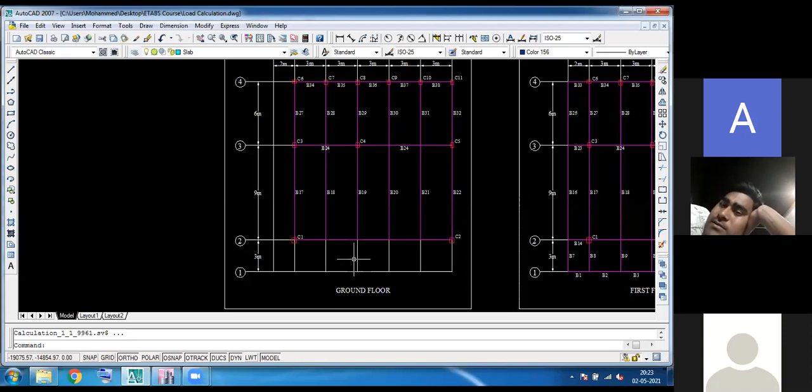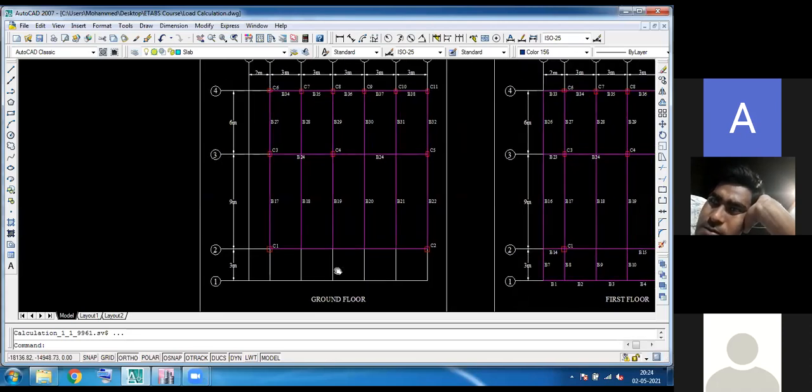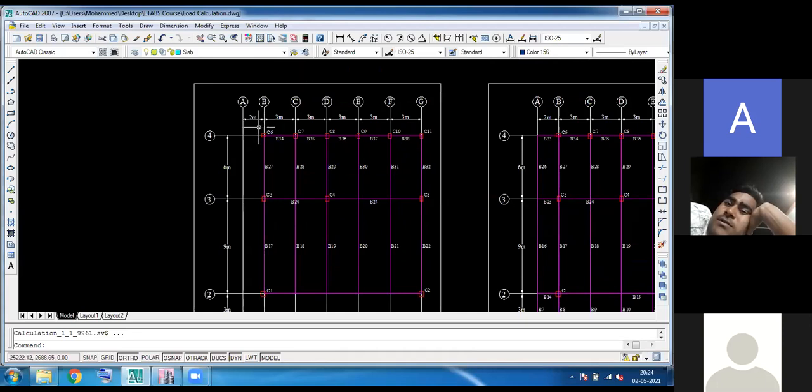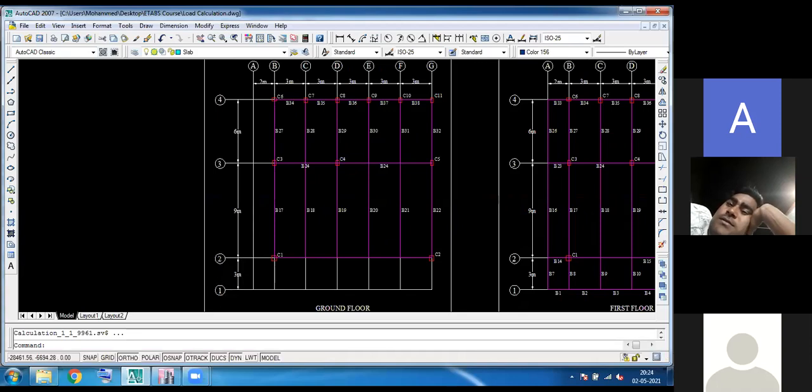Like that, I have already finalized the beam size, column size, as well as the thickness of the slab. So right here, we are directly getting into ETABS and going to model the structure. This is the ground floor. You can see that this is a grid. This is the Y grid, and this is the X grid. The X grid represents A, B, C, D up to G, and the Y grid has 1, 2, 3, 4, 5. This is the way ETABS will generate the grids and naming.